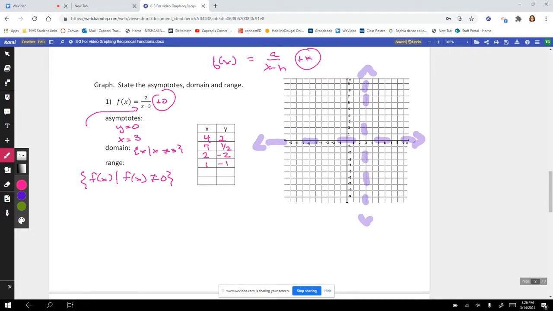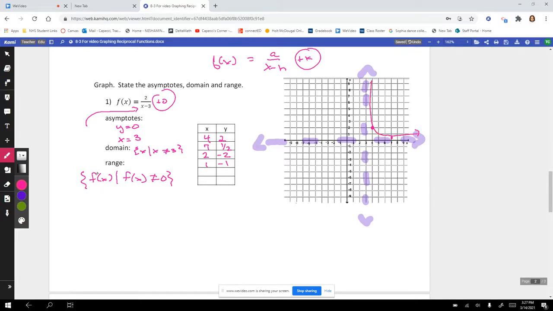So you'll see I tried to pick a couple points that are on either side of the asymptote line so I can figure out where things are. So I have 4 and 2 is going to go here. And then I have 7 and 1/2, it's going to be here. So what's going to happen here is this graph is going to go this way, going to get really, really